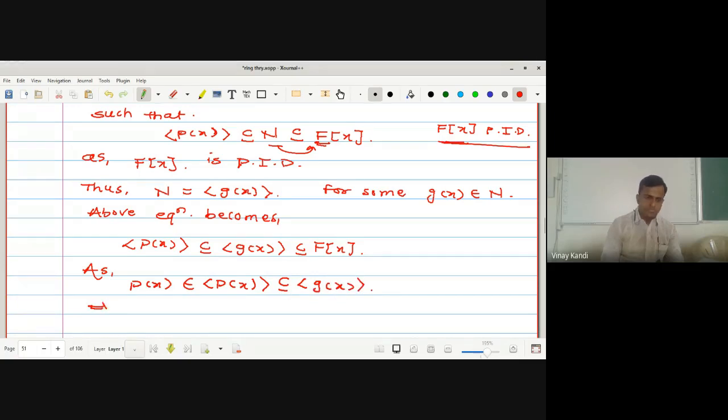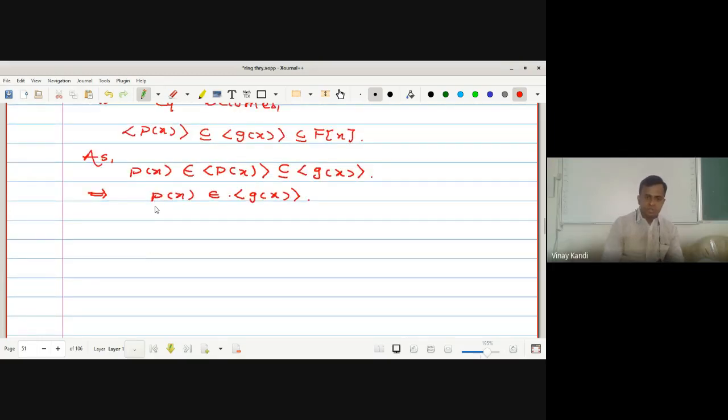So what it implies is that the polynomial p of x belongs to the ideal generated by g of x. So what is the definition of this set? That implies p of x is equal to a multiple of g of x, that is, g of x into q of x,